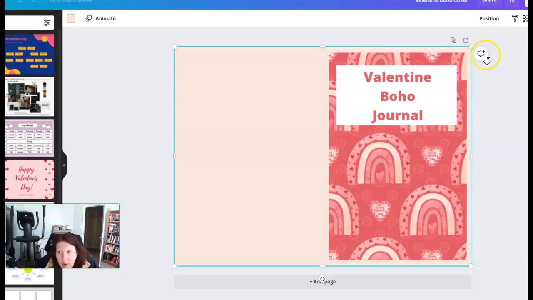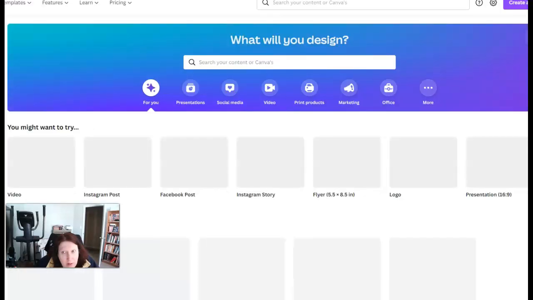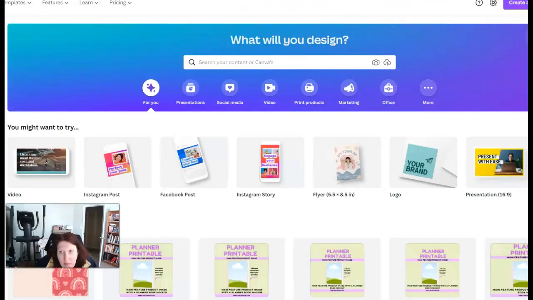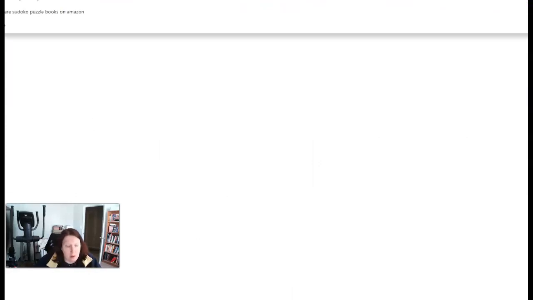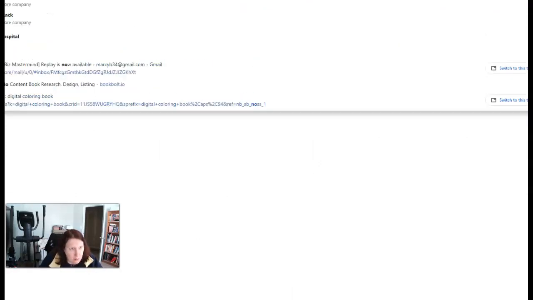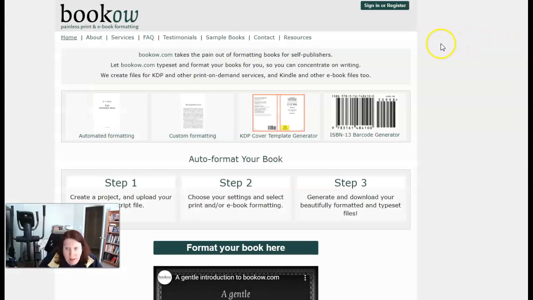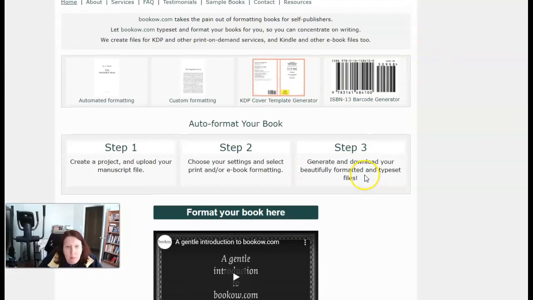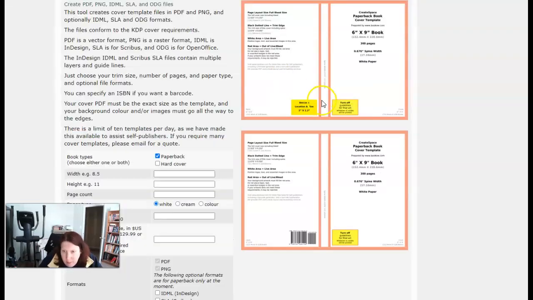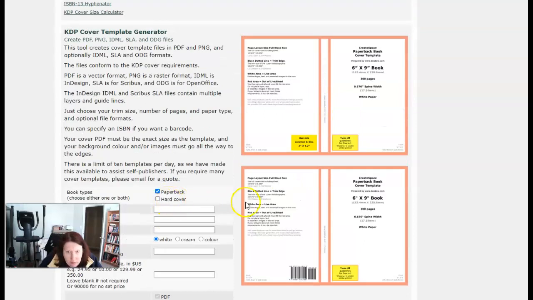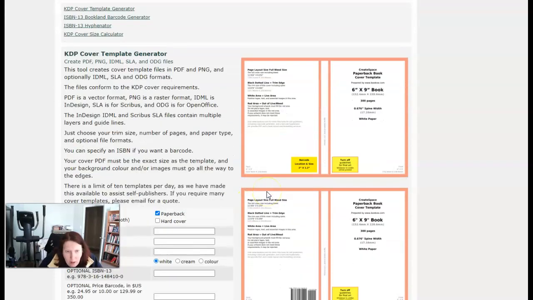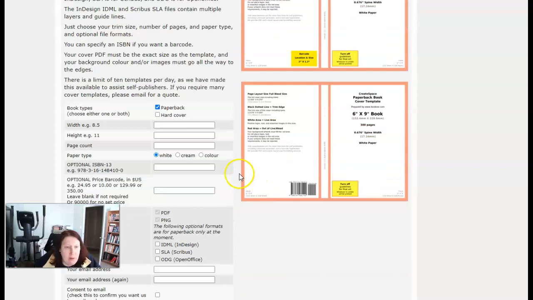Okay, so I am in Canva, but I've already gone a little bit too far. Let's go back to the home page of Canva. And before I jump into Canva, I'm going to go to bookow.com. And so on this one here, what you want to do is click on the KDP cover template generator. And I actually did one yesterday for the 8.5 by 11 cover,